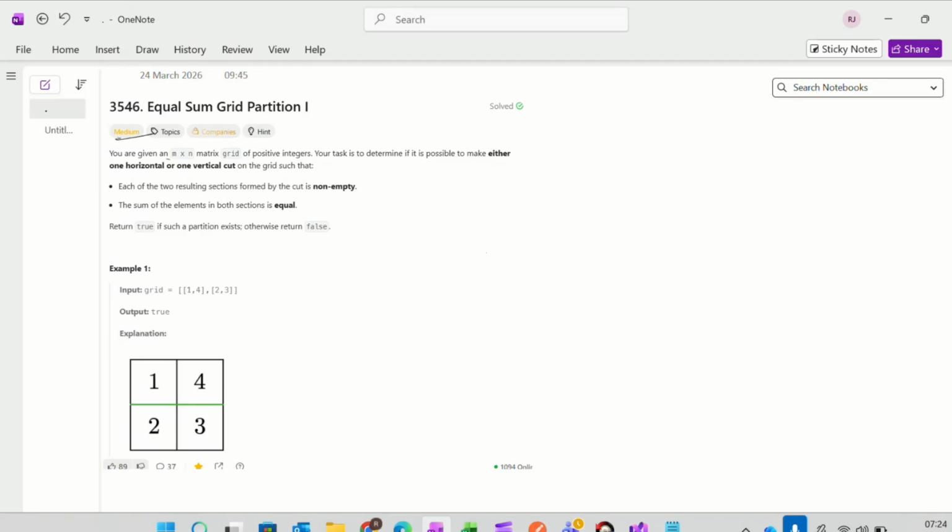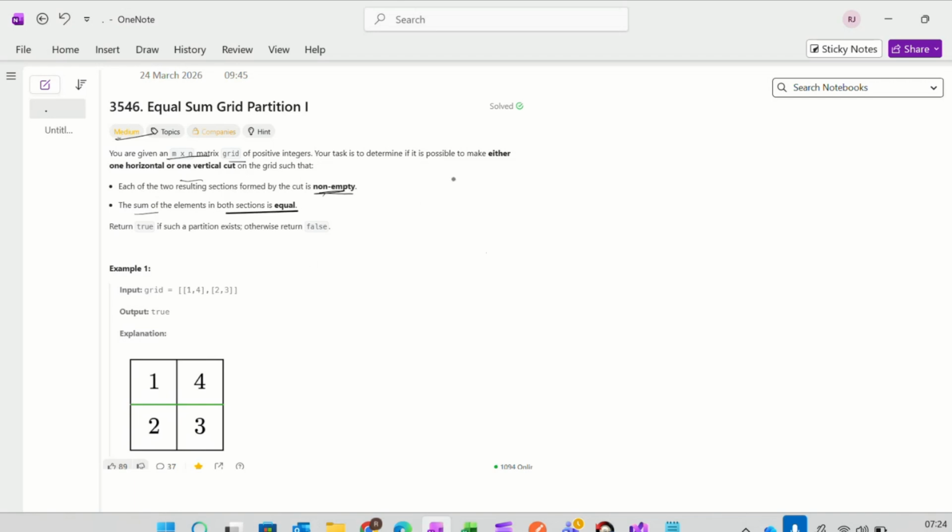What is given is an m cross n matrix grid of positive integers. Your task is to determine if it is possible to make either one horizontal or one vertical line on the grid such that each of the two resulting sections formed by the cut is non-empty, and the sum of both the sections should be equal.